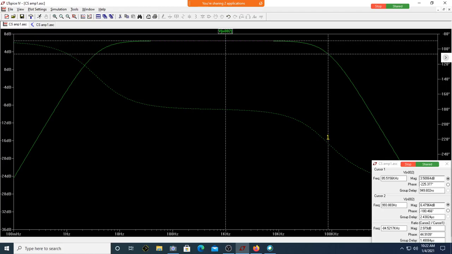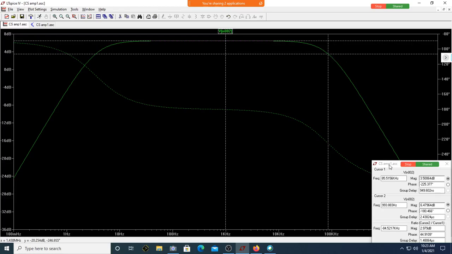You can see I'm close to 3 dB down. Can you see it's almost 85 kilohertz? This is the frequency. We are expecting around 80 kilohertz. This is 85, which is not too far away. This is now equal to 85.5 kilohertz. 5 kilohertz difference between simulation and ideal values, which are very close to each other. So you can just treat it as almost equal.